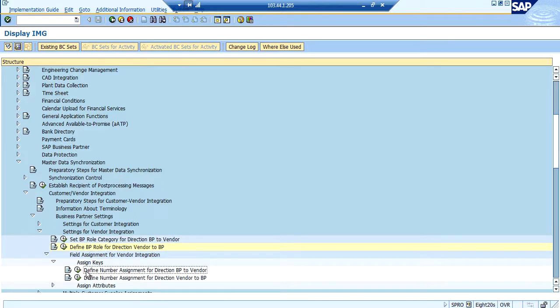Now once this is done, we have to make one last setting for number assignment, that is, define number assignment for direction of BP to vendor.